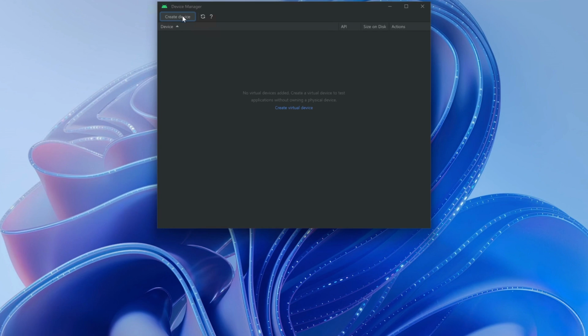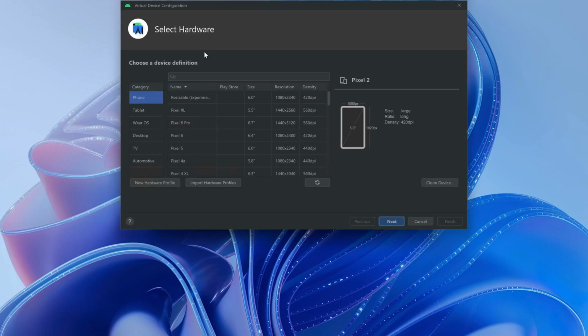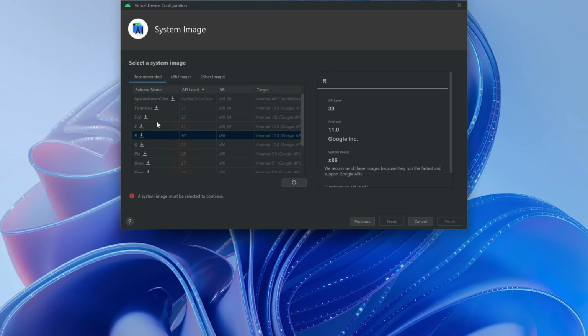And here click on Create Device. This wizard allows you to create a new virtual device blueprint, and the idea behind virtual devices simply is that you have an Android device emulator running on your system to conveniently preview your Flutter app whilst you're working on the code. So here you can pick any template of your choice, like Pixel 6 in my case, click Next,